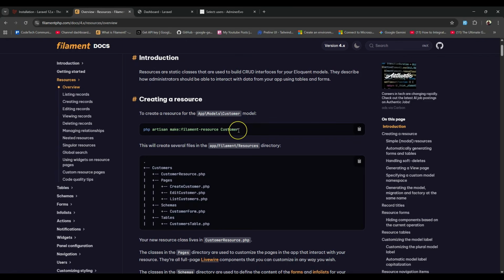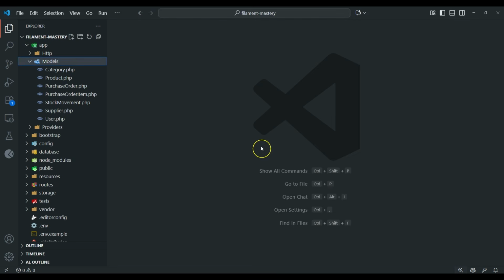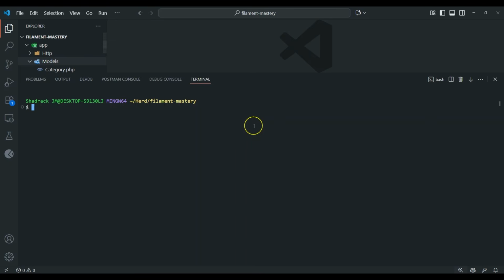So make sure that you pass here the name of the correct model. Okay, so we are going to use the same way. So just run PHP artisan make:filament-resource, then here we are going to call the Category model. Okay, so this will create just a filament resource, but the downside of this command, it will not generate